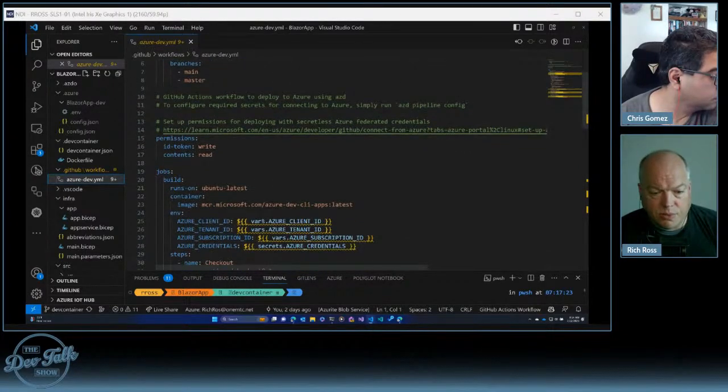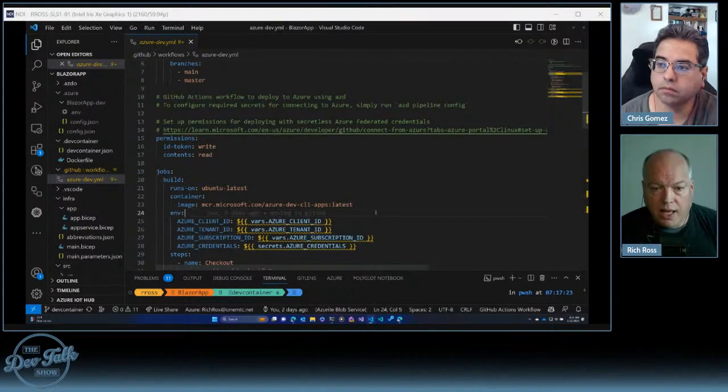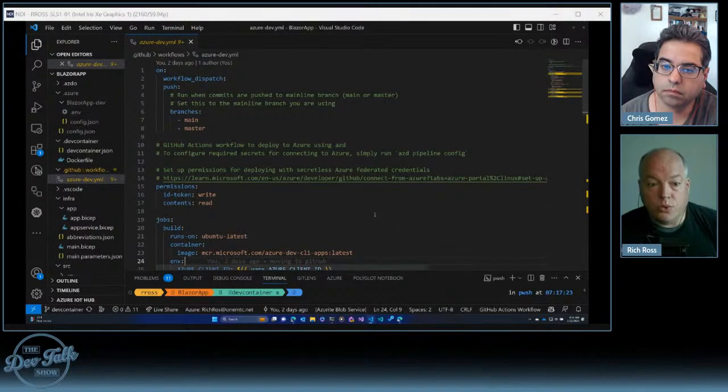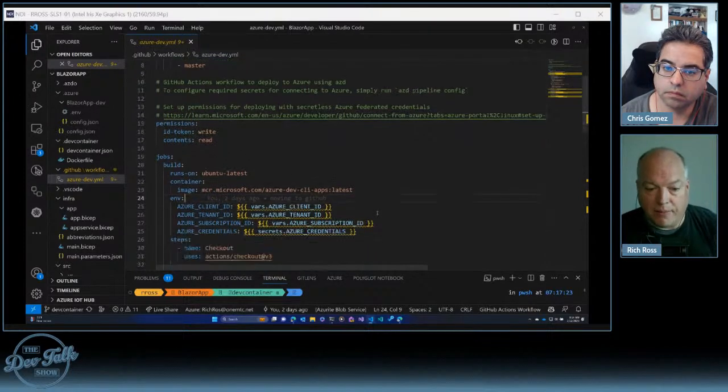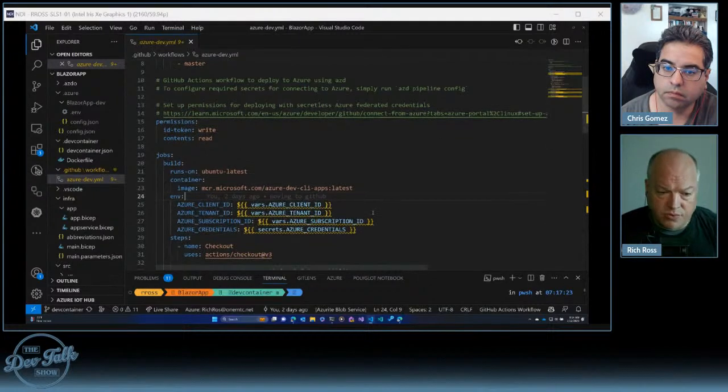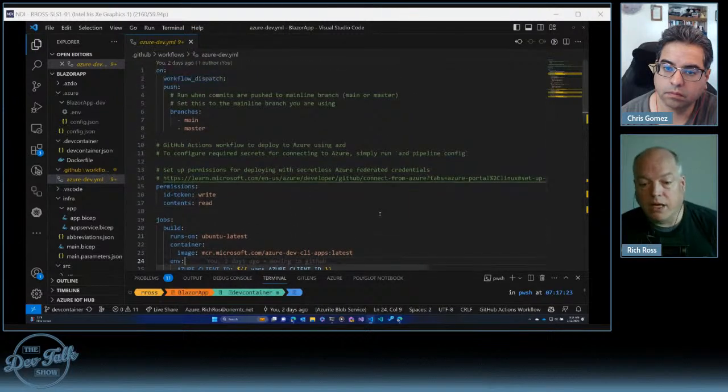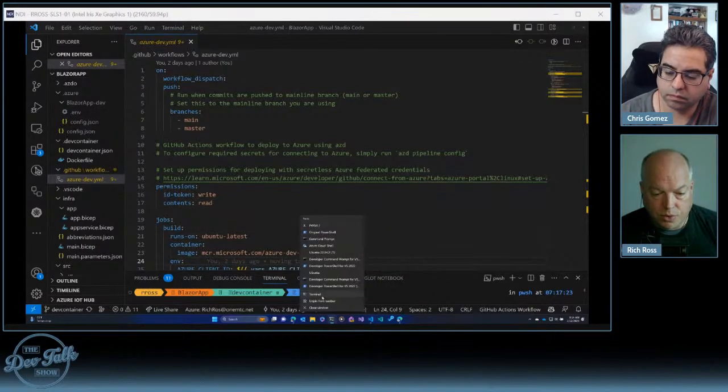And you'll see there are some things in here related to client ID and tenant ID and subscription. And where do those things come from? Well, we don't have to create a service principal manually and then bring that back in and populate all those values into the secrets area inside of GitHub. We can actually run a command in AZD and have it do all of that for us. So let's open up a new terminal,